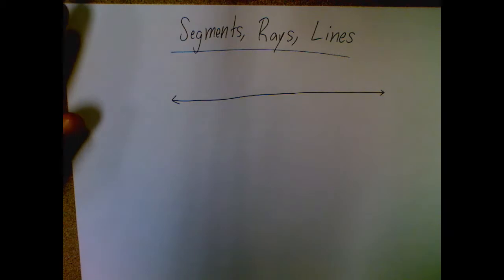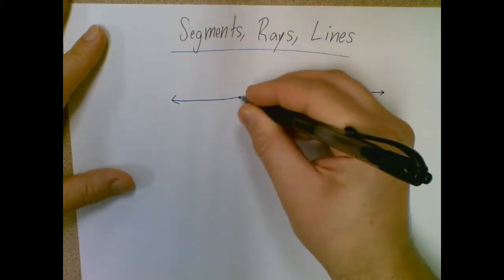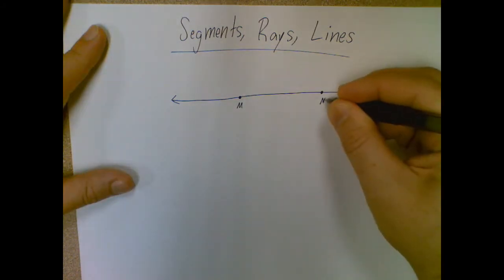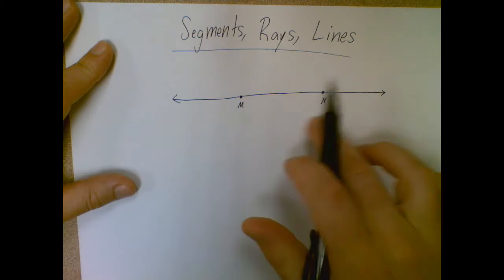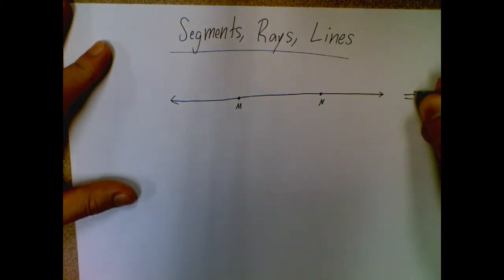So when naming a line, you pick any 2 points on that line, and if you're lucky, they'll already be named for you so you know what to use. But it doesn't really matter which 2 points you pick, but we're going to just take M and N off this one. And this notation you're going to use for them